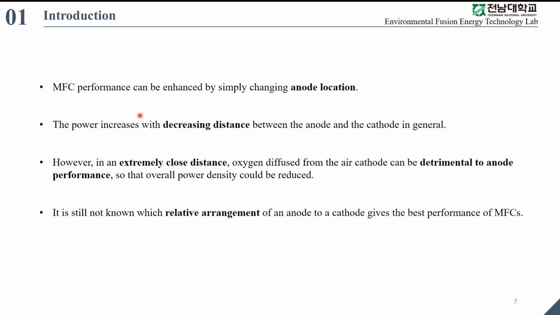MFC performance can be enhanced by simply changing anode location. For example, power increases with decreasing distance between the anode and the cathode in general. However, in an extremely close distance, oxygen diffused from the air cathode can be detrimental to anode performance, so that overall power density could be reduced. But, it is still not known which relative arrangement of an anode to a cathode gives the best performance of